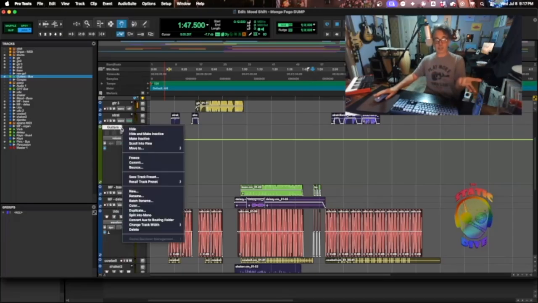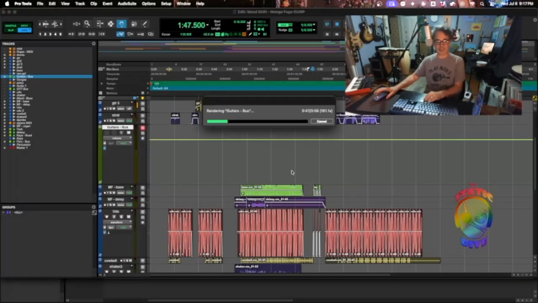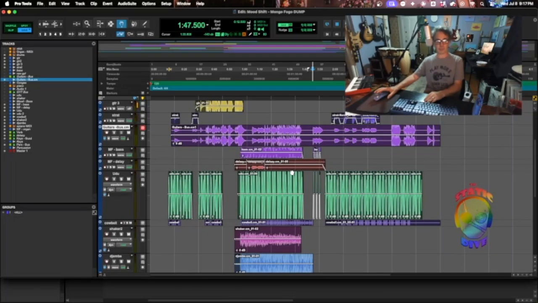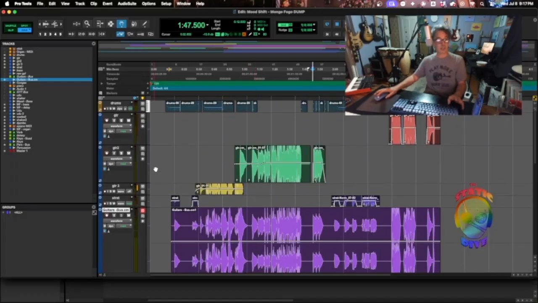But when I say commit, I think I just figured this one out on my own years ago, and I mean, everybody probably knows it, but to me it was revelatory. There you go. Now my guitarsbus.cm, which Pro Tools puts on there because I committed the track. So anyway, now I've got all of my guitars processed with their effects and everything on this bus as a single wave file. So what I can do now is I can say 1, 2, 3, 4, all 4 of